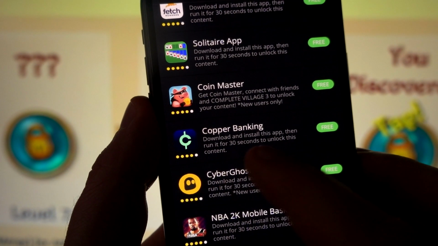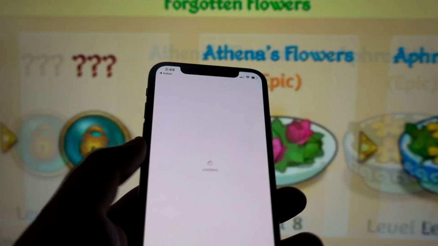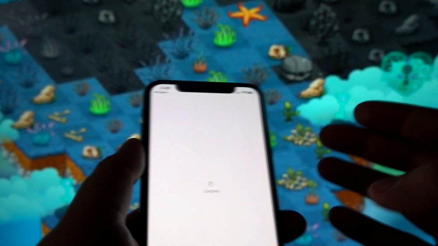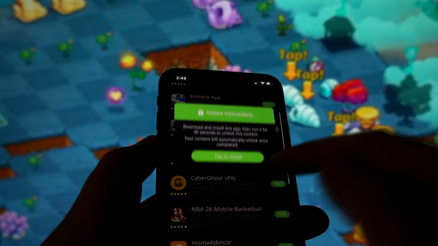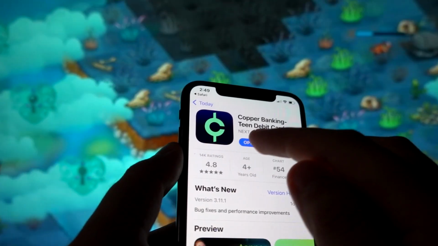It says download it, install it, and run it for 30 seconds. Now these apps are downloaded from the official store, so they're 100% safe to use. And as you can see, I have it already downloaded on my app store. Just hold on a second. You'll be able to see it, and oh, it's taking time. My internet is going lazy. Sorry for that. Okay, as you can see, I have it installed,